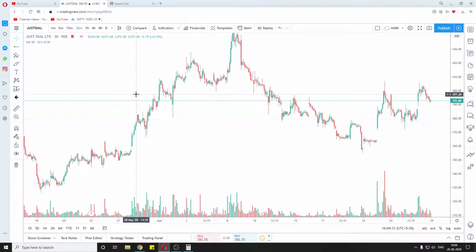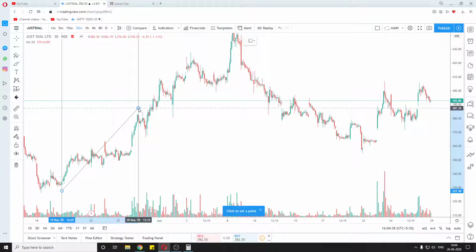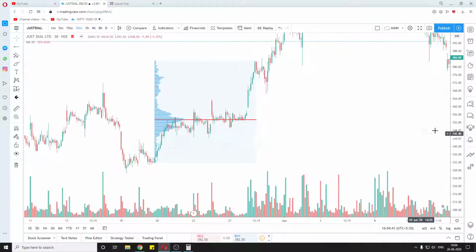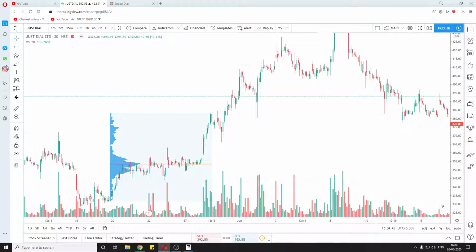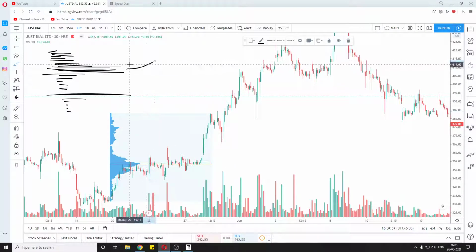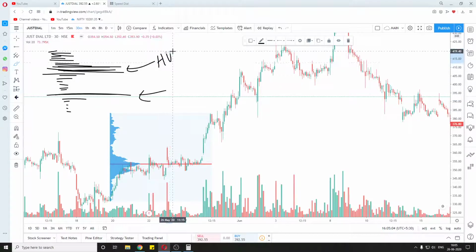So what we will do is we will place our orders, and then we have to select the stop loss. Now, how to select the stop loss for intraday? What we do is, first we use the volume profile, and then, if you remember, I told that for example, if the volume profile is something like this, then this is an HVN and this is an HVN, that is the high value node where a lot of trading has happened. So these act as support and resistance.